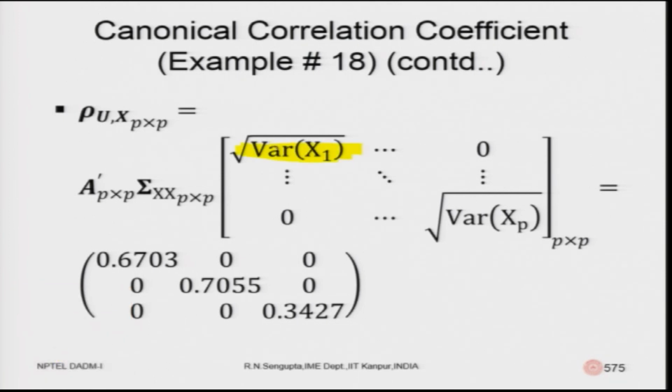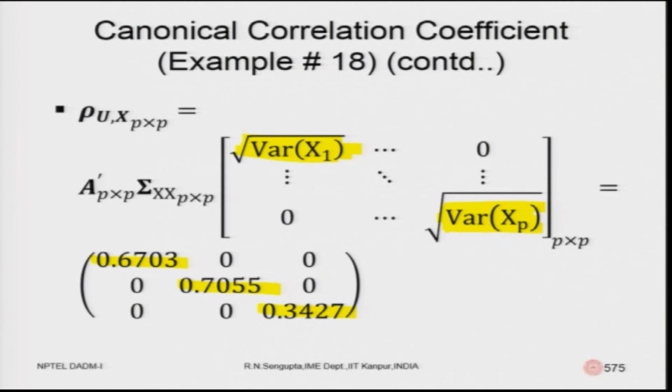this is the standard deviation of x 1, similarly x 2 and similarly the last one, because there are 3 values. So, the corresponding values would be 0.67, 0.70, 0.34. So, obviously, the others as noted down are 0. You can find it out very easily by multiplying A with the corresponding variance covariance of x. Only remember the size, again I am repeating, p for x is 3, for y it is 4.